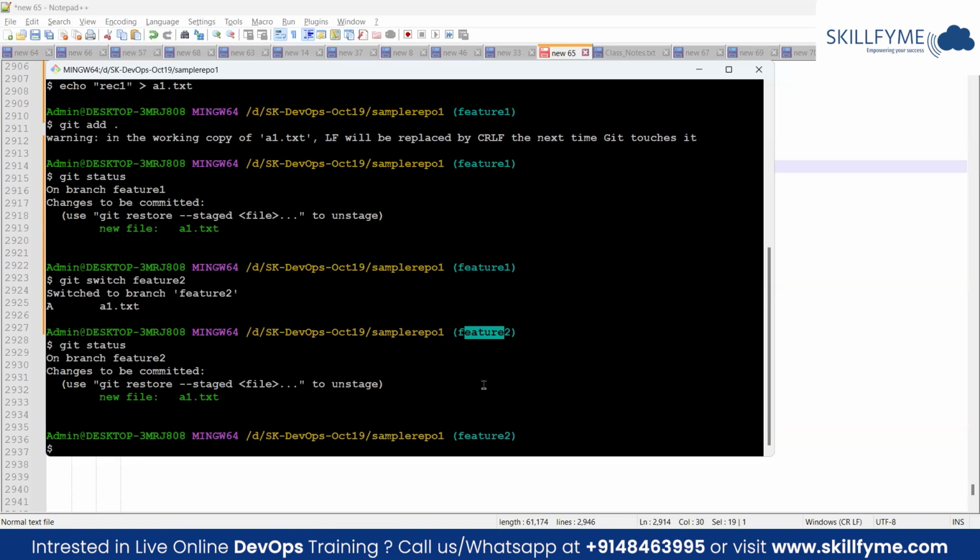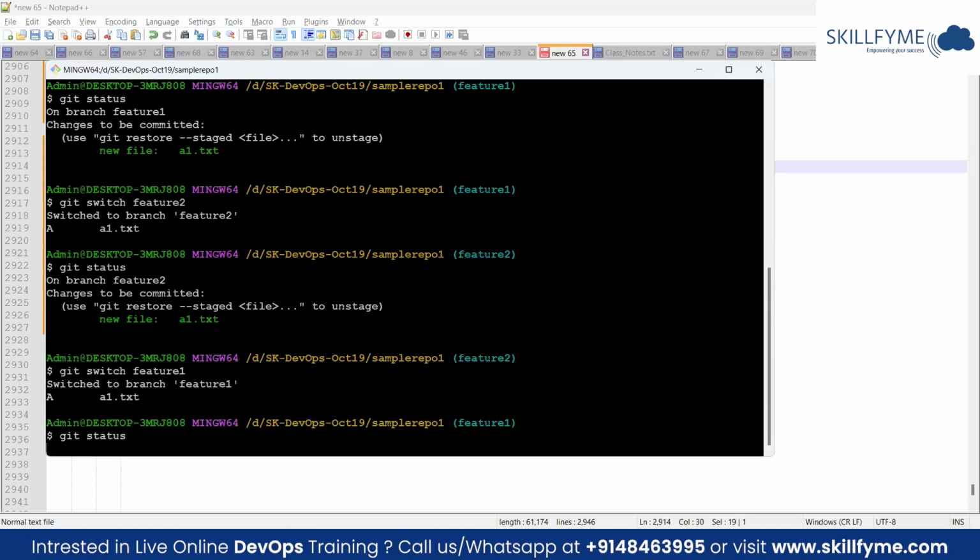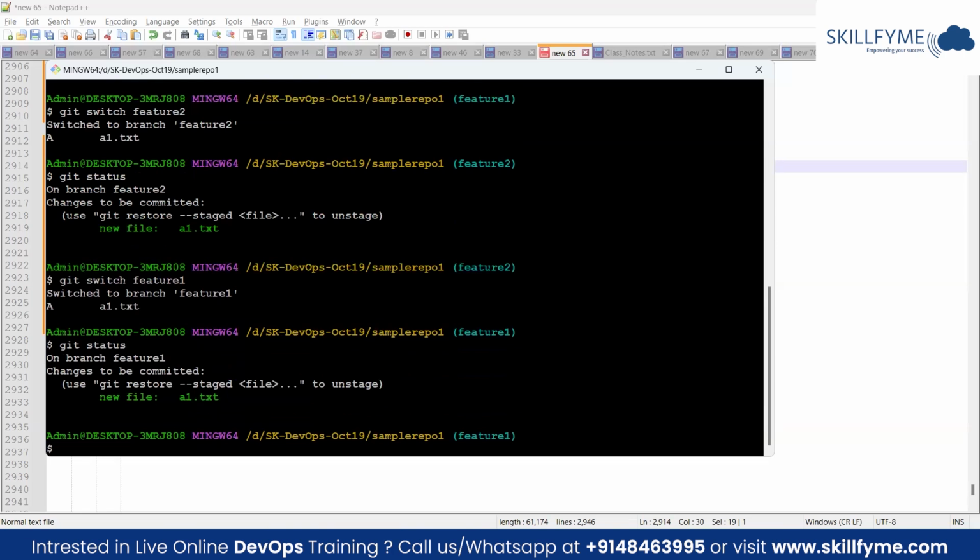So to overcome this, I have to go back to my feature 1, and here I need to decide what I can do with this. If I'm okay with the changes, I can commit and switch, but I'm not in a position to commit because my logical unit of work is not completed. Without proper testing, I don't want to create any commit point here. So how are we going to handle the situation? I can safely move this to a